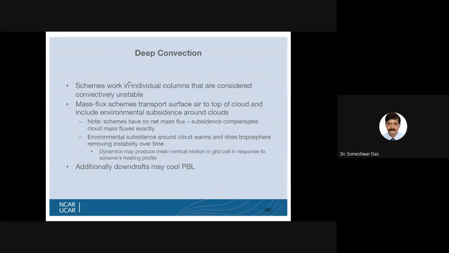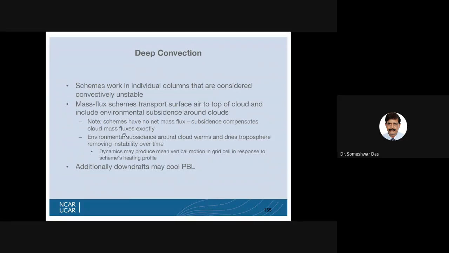Obviously, before invoking deep convection, you have to check whether the conditions are met for the existence of deep convection or not. The mass flux schemes used for cumulus parameterization transport surface air to the top of the cloud and include environmental subsidence around the clouds.